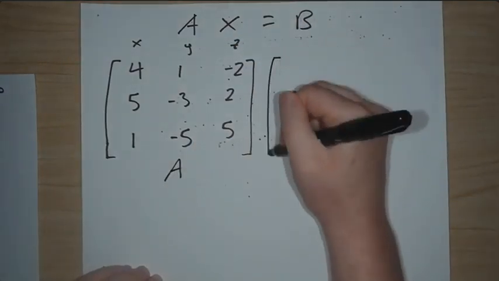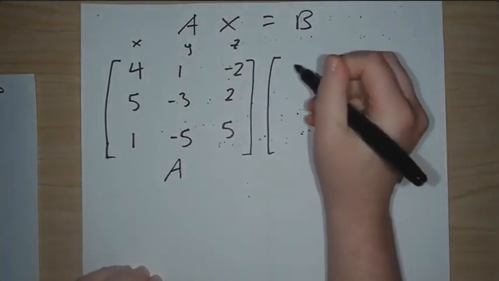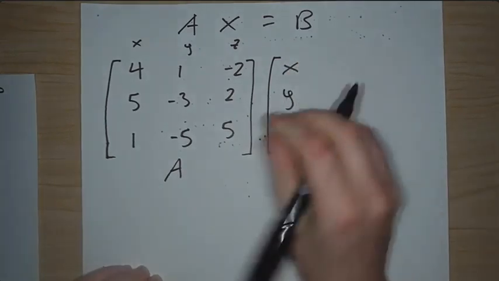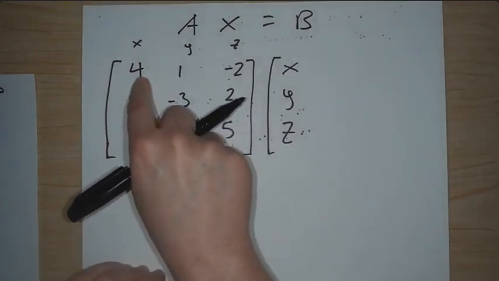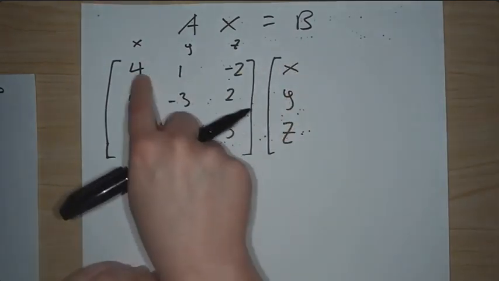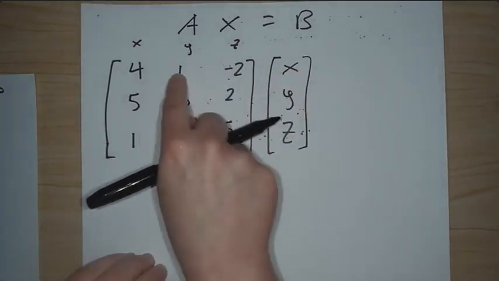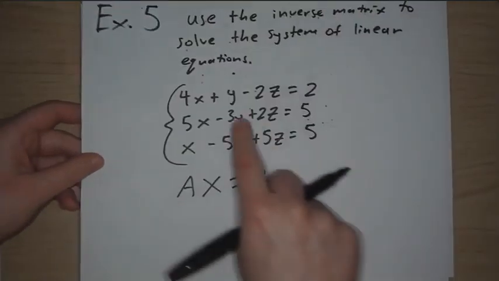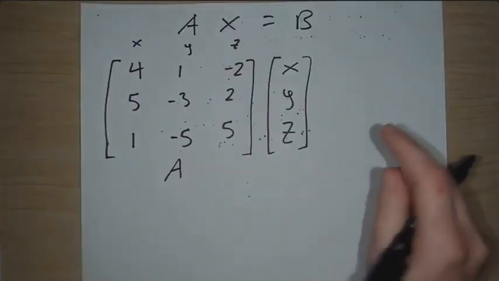And for this to actually make sense in terms of matrix algebra, this is our A matrix. We need to have our X matrix here, which is going to hold all our variables, so it has our X, our Y, and our Z. When you do matrix algebra, you take the first row here and multiply it by the column. So if you multiplied these two matrices, you'd have 4x plus 1y minus 2z, which is equal